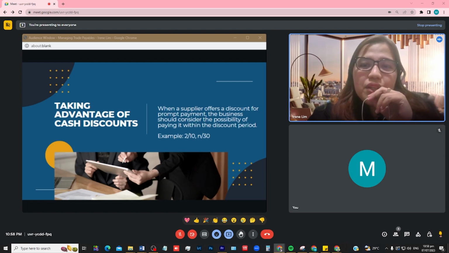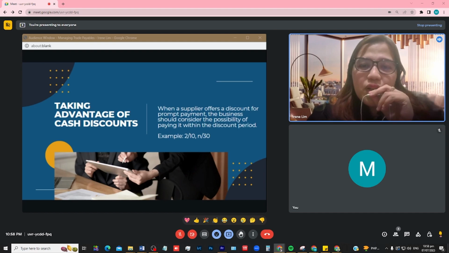So remember, there are two types of discounts. One is known as trade discounts and the other one is cash discounts. You have seen outside in malls or in shops that say 20% off. That 20% is for everybody. So that is an example of trade discounts. We will not be elaborating on trade discounts because this is not recorded in the books of accounts. So let's focus more on cash discounts or early payment discounts.